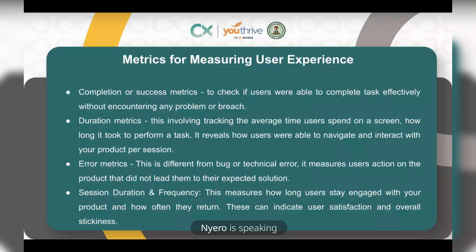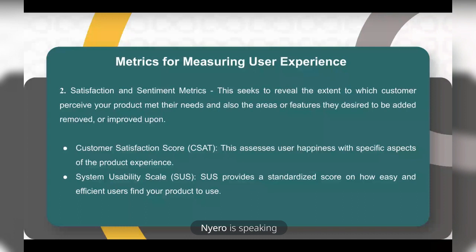And then there's satisfaction and sentiment metrics, which is another category entirely. Tracking metrics under this category is just when, as a user experience researcher, or as a product manager taking on this role, you are trying to reveal the extent to which your customers perceive your product met their needs, and also the features they desire to be added or removed. Now, the metrics that you will track under this category is